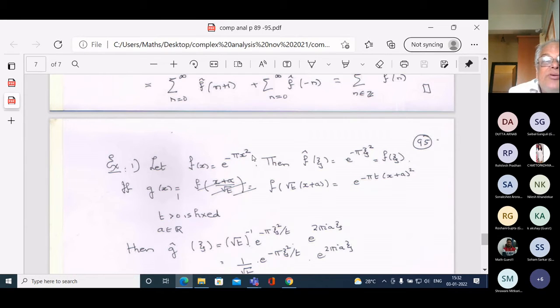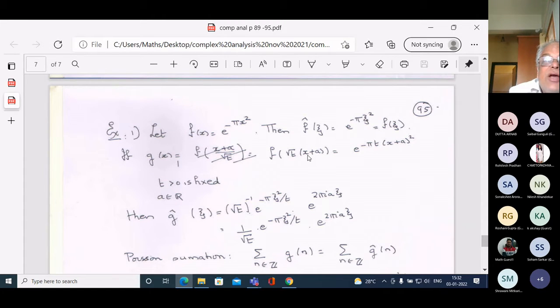So in particular, you apply it to the function e to the minus pi x squared. Its Fourier transform is itself. And then you do this translation and dilation. So first there's a translation and then there's a dilation. It's multiplying by square root of t, which is a dilation. It's not quite a dilation for some other reason, because when you talk about dilation, usually you want it to be a unitary map, preserving L2 norms. But anyway, it doesn't matter.